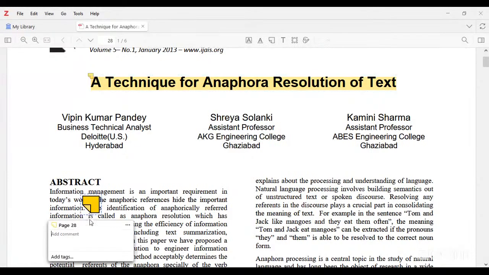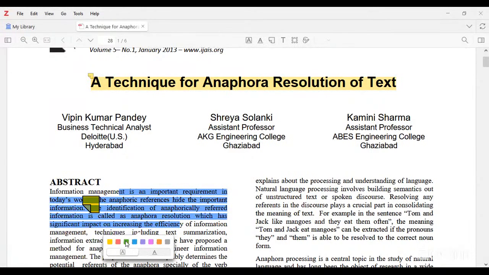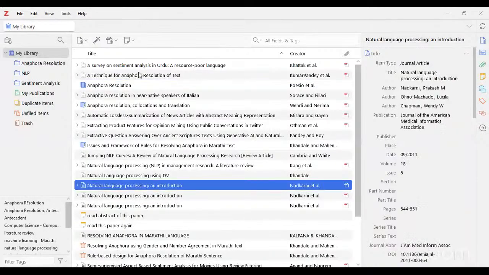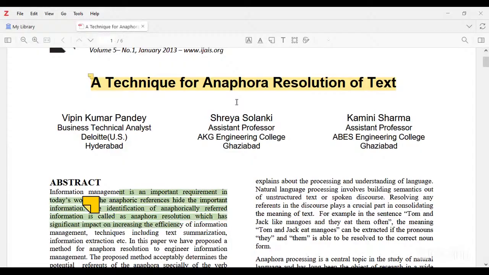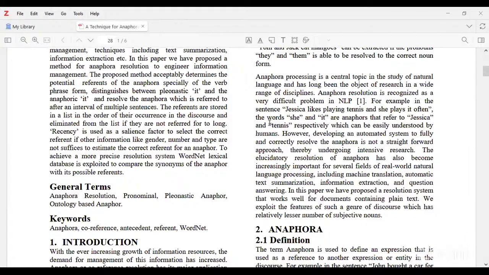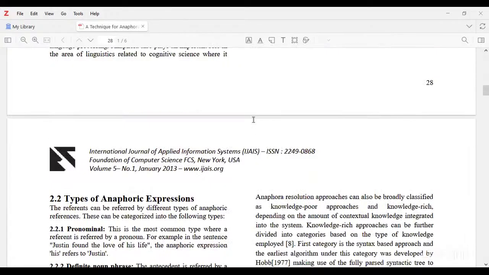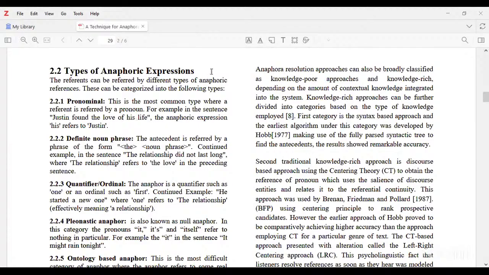Okay, after that, here I can again highlight it with a different color, and I close this paper. After some time, if I click on that particular paper, whatever changes I made before, it will not be changed by the software. It will be kept as it is. So it is one of the benefits of this software. Suppose you read the paper up to types of anaphoric expression, for example, and you put a note.